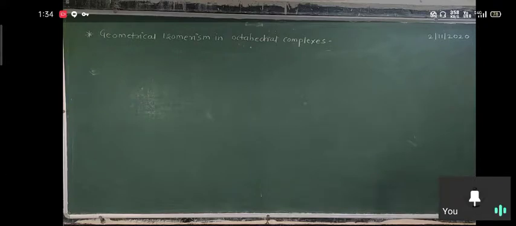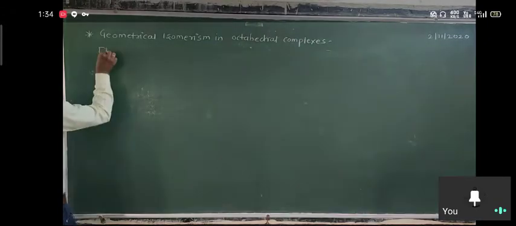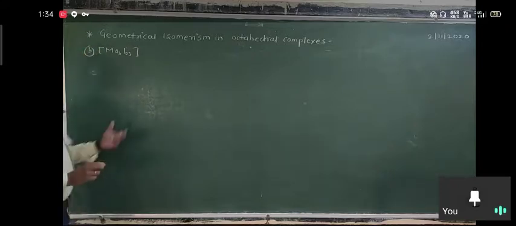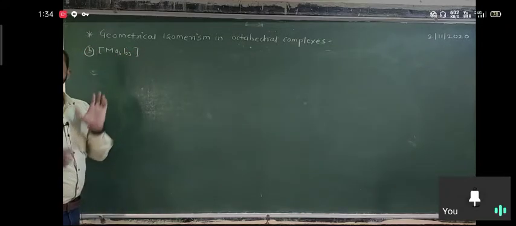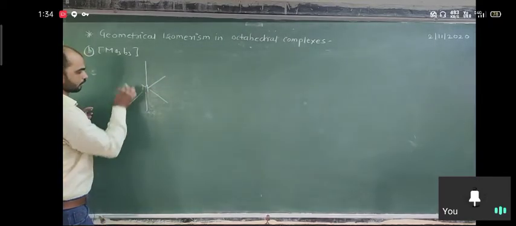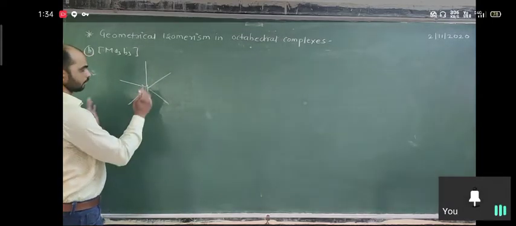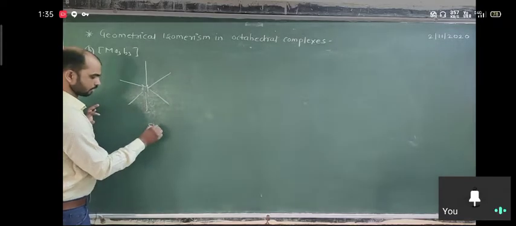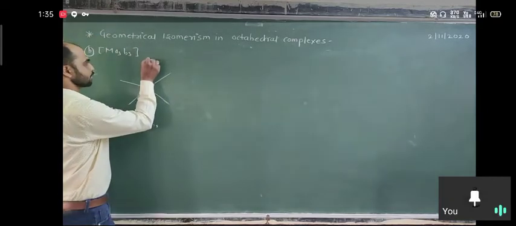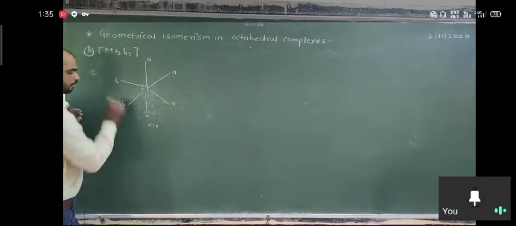Okay, going to the next example, MA3B3, second type. Now see what is given, 3 ligands are the same, another 3 ligands are the same. So first of all draw the positions, just 1, 2, 3, 4, 5, 6. Okay, 3 ligands are the same. So here for cis, it is very important, all 3 positions lie cis to each other. So here we consider, suppose A is here, A, and here we consider B, B, B.